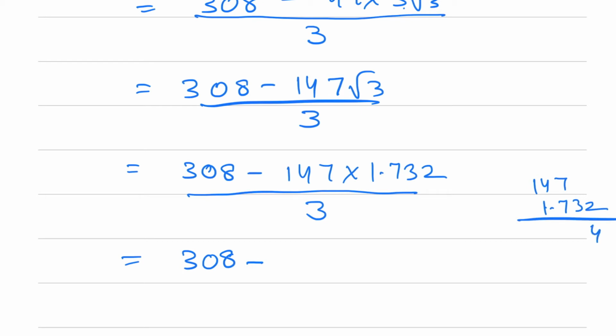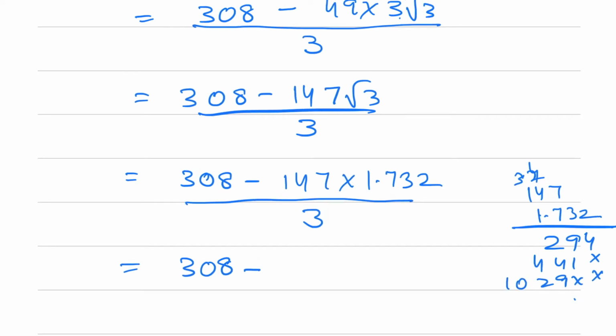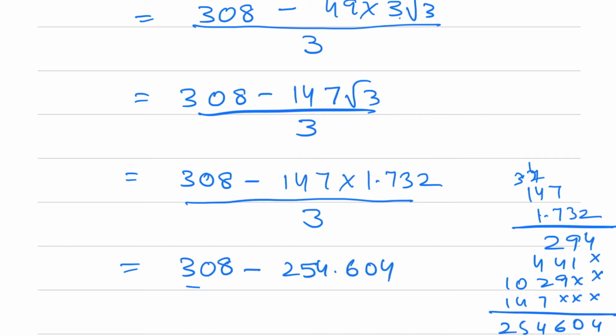21 4. Then we have 7 4 32 3, 10 here. Then we have 147 so 40 and 16 14 5 2. So I have 3 decimal points, so 254.604 divided by